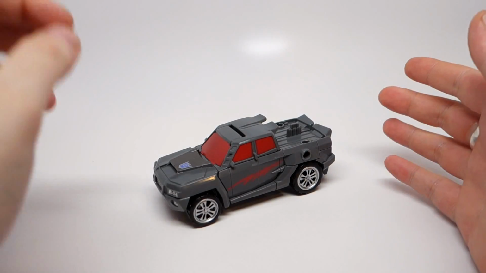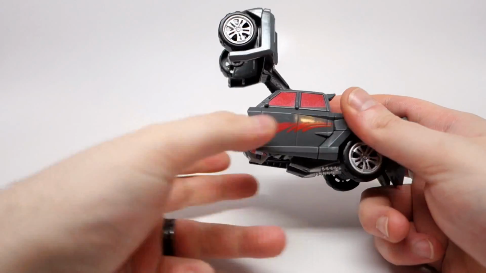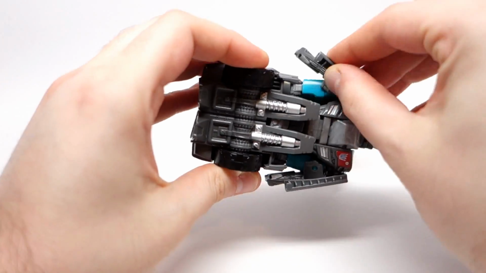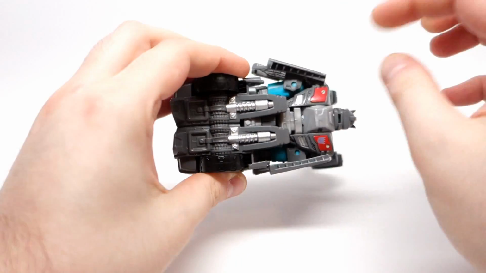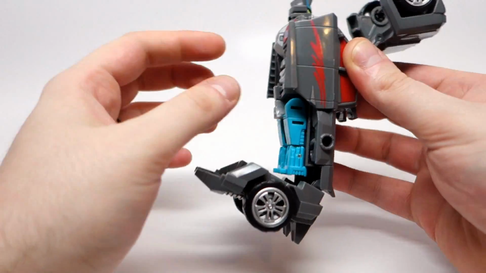Transforming Offroad's pretty simple. It's going to break the whole front half of his car up like that. Then come in here and just pop these out. They kind of lightly clip around there. You're not going to break anything, but just pop those out. Then you can open this whole bottom part up,